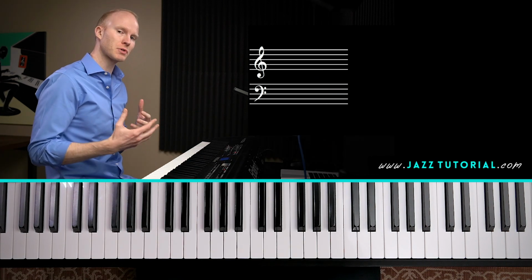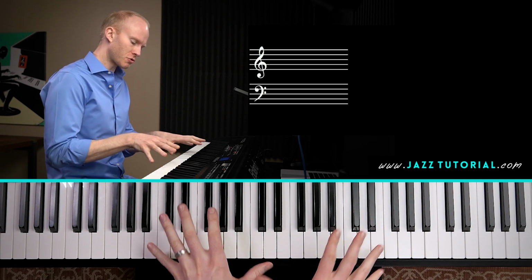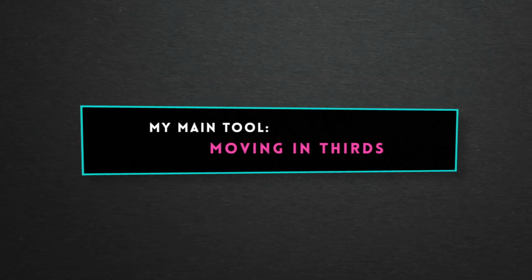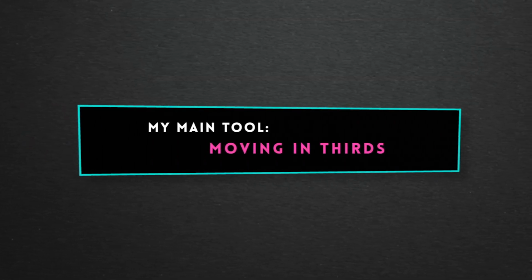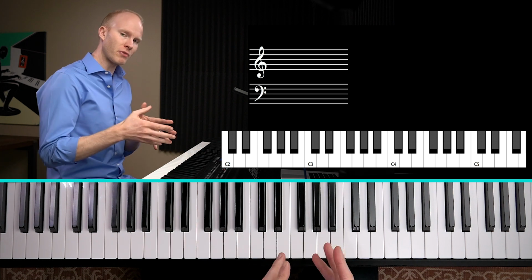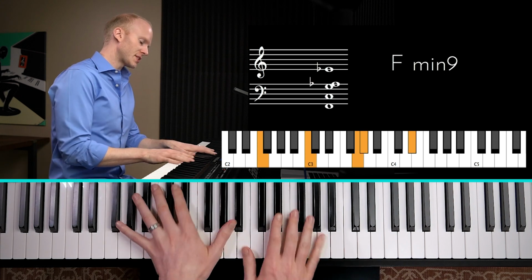Today I'm going to show you how to write emotional sounding chord progressions, particularly featuring some jazz piano chord voicings. So first of all, the main tool which I use as a composer to create emotion is when I take chords which move up and down by thirds. So if we're in the key of C minor,